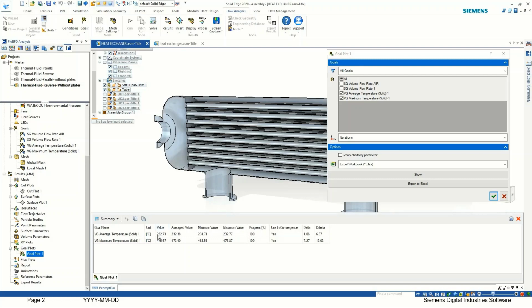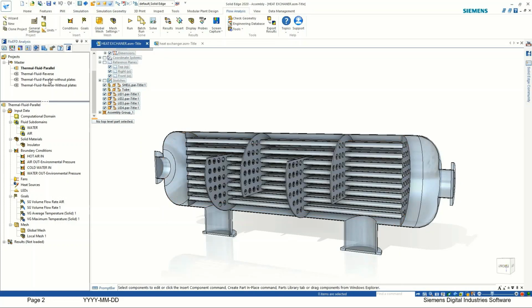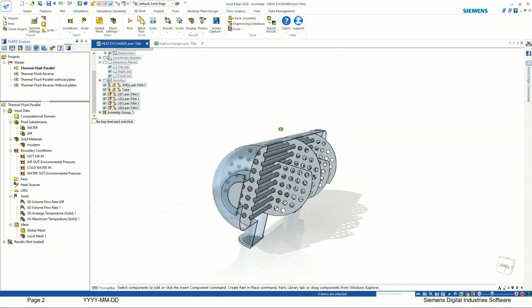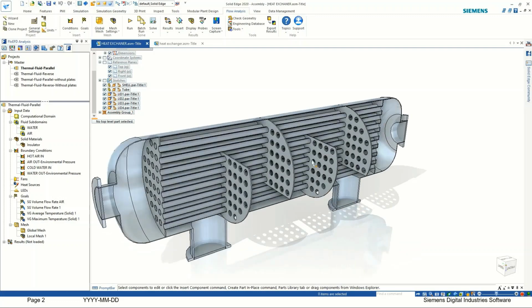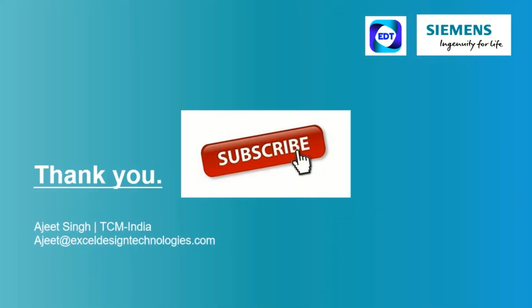You see, this is the worst scenario, so it should not be taken into consideration for manufacturing, whereas the second case, thermal fluid reverse, is the best case which we can use for production, because it is transferring the heat much better and reducing the temperature on the tubes, so that all the heat from air will get transferred to water. That's because these water plates are creating the disturbance and turbulence to mix things faster.